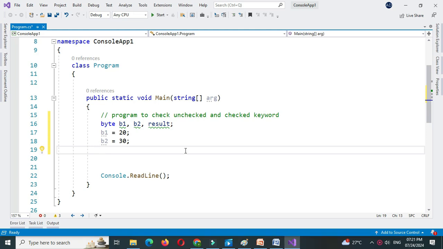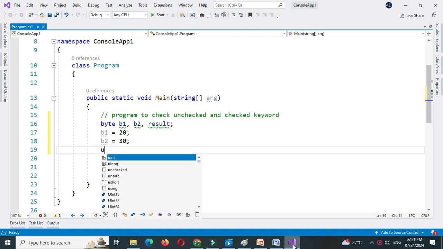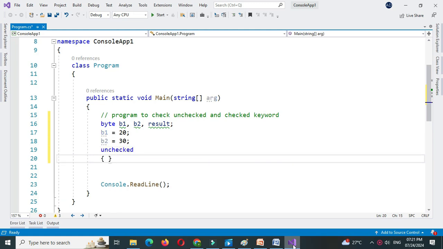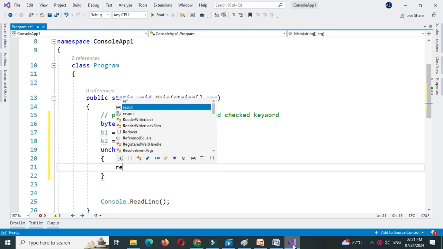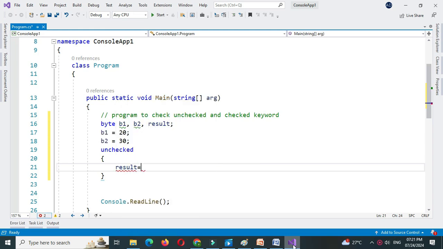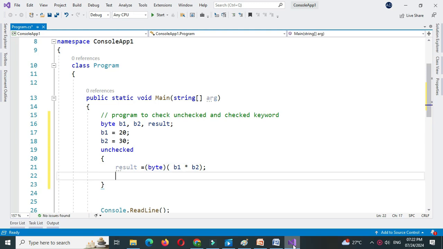First we will use unchecked keyword. So unchecked. Since we are going to write multiple statements, we will use curly brackets, and here we will calculate the result as result equal to b1 into b2. But it will generate an error since multiplication of b1 and b2 exceeds the range of the byte data type. So we will explicitly convert it to byte and we will print the result. So Console.WriteLine